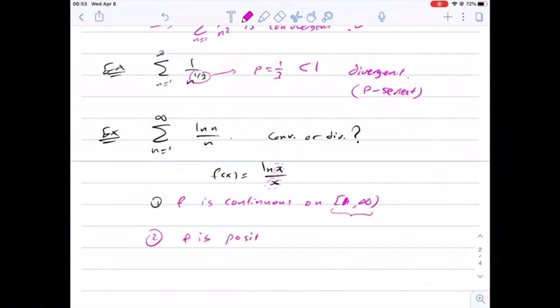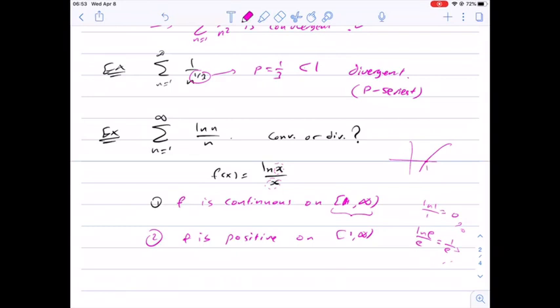Now f of x is positive on the interval 1 to infinity, because we can try some values like 1. If you substitute 1, you get ln 1 over 1. Natural log of 1 is 0. And then substitute, for example, e, you get ln e over e, which is 1 over e, still positive. And as you can see, if you substitute any value greater than 1, you get positive, because natural log